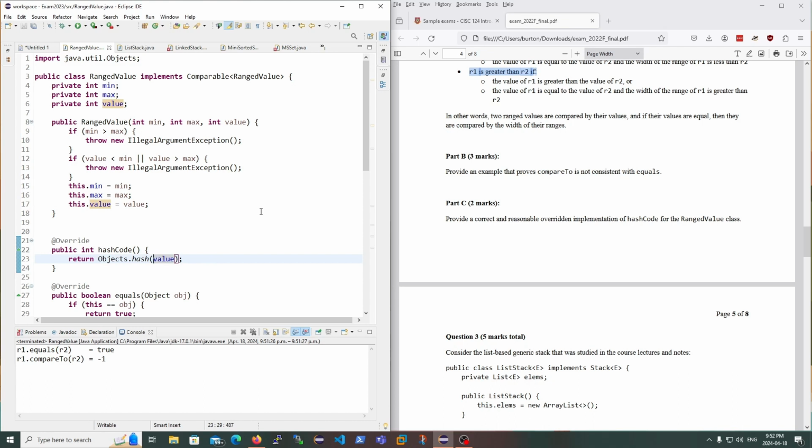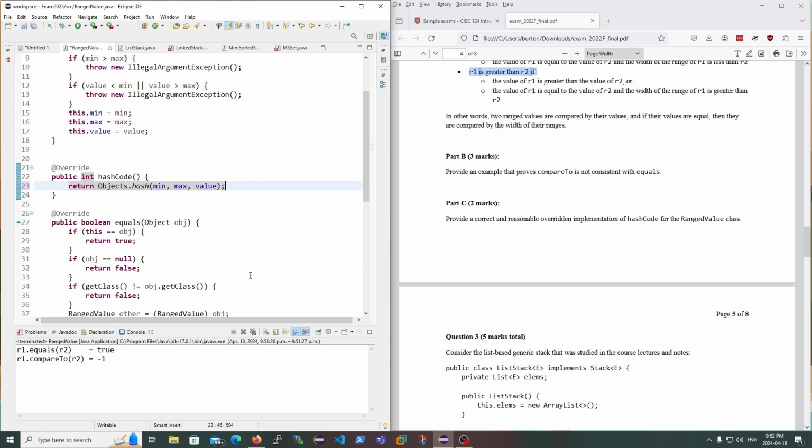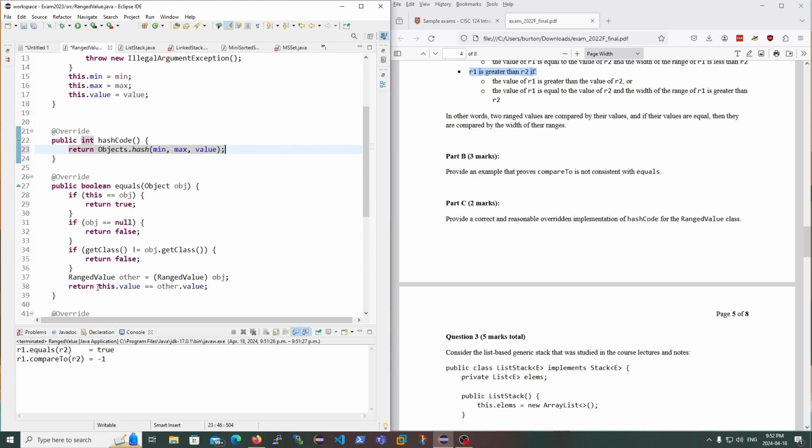So you might be tempted to write the following, right? And this is the only trick to this question. So if you wrote something like that, your answer would be wrong. And the reason it's wrong is because equals only uses the value of the ranged value. And so remember what the requirement for hashCode is. If two objects are equal, their hash codes must be equal. So if you only look at the value in equals, but hash uses min and max and the value, then if you have two ranges that are equal, so they have the same value, but they have different mins and maxes,